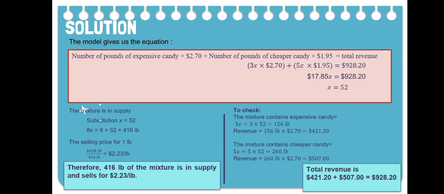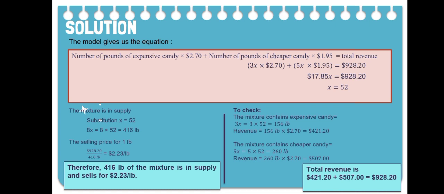And then the revenue: 156 pounds times $2.70 is equal to $421.20. The mixture contains cheaper candy equal to 5x, and 5x is equal to 5 times 52,